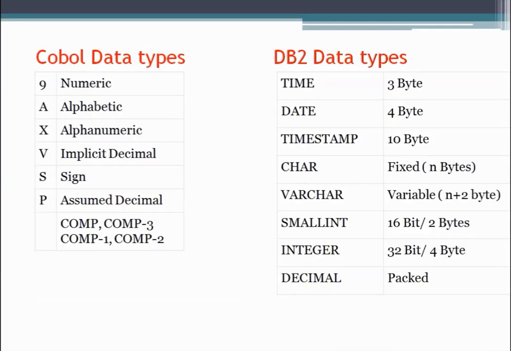So let's start. Friends, when we talk about COBOL and DB2 system, COBOL has its own standard of defining variables. These are the data types which are used in COBOL to define a variable, whereas in DB2, these are the data types which are used to declare a column. In a COBOL DB2 program, when we communicate to the DB2 system, the data returned by DB2 is of these types, and these types of data are not directly understandable by the COBOL program. So for that we need to define corresponding compatible variables in the COBOL program.